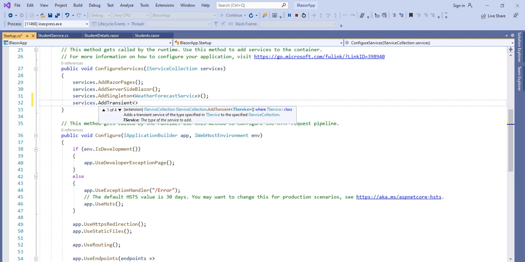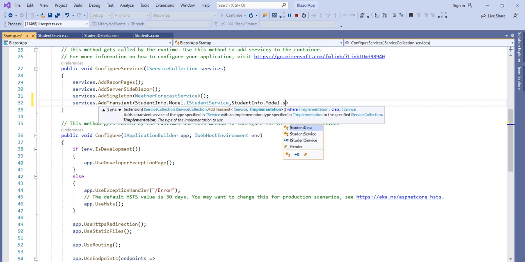So let's student info dot model dot IStudentService comma student info dot model dot StudentService.